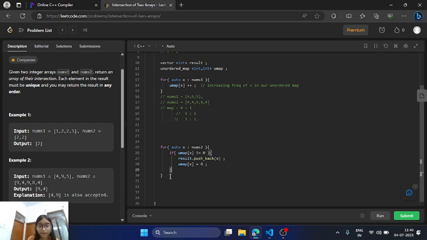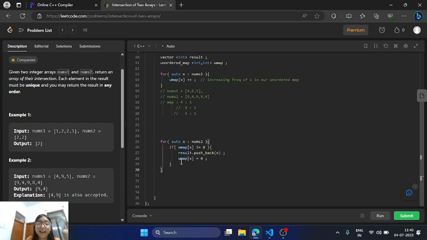Okay, that's what we have done. So why have I done this? Because let's suppose I was talking about 9 now. First we see the first element in nums2 was 9. Now we will be checking for 9 if the frequency of 9 in our map is 0 or not. As you can see, the frequency of 9 for the initial state in our map is